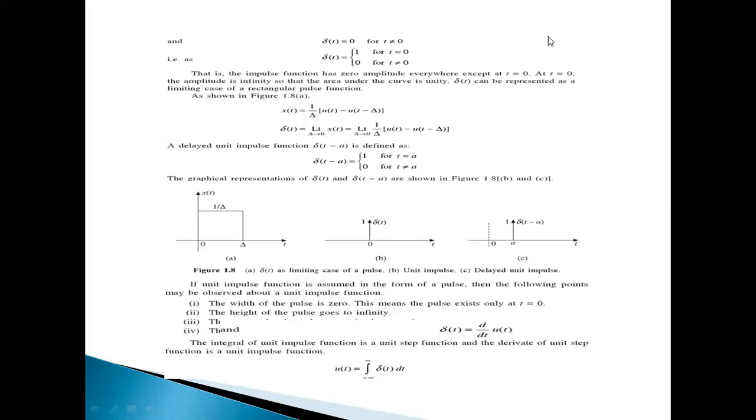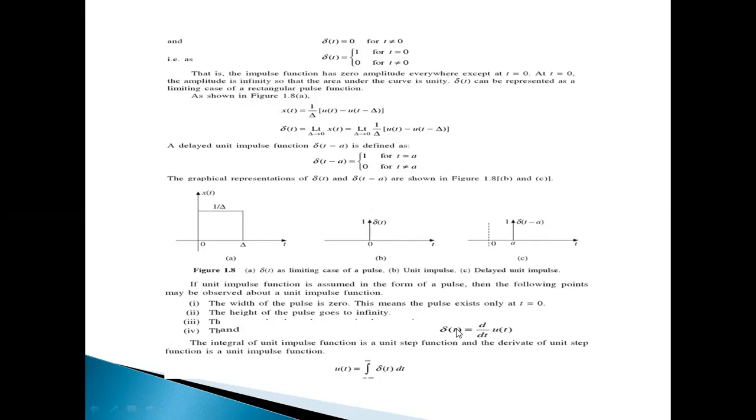This is the equation. I explained the graphical representation. This is a shifting operation. So t minus a means t is equal to a. From t equal to a, and here t is equal to 0. Okay, shifted towards the right side with one sample, but shifted towards the left side with one sample. We have only one value for the impulse function.